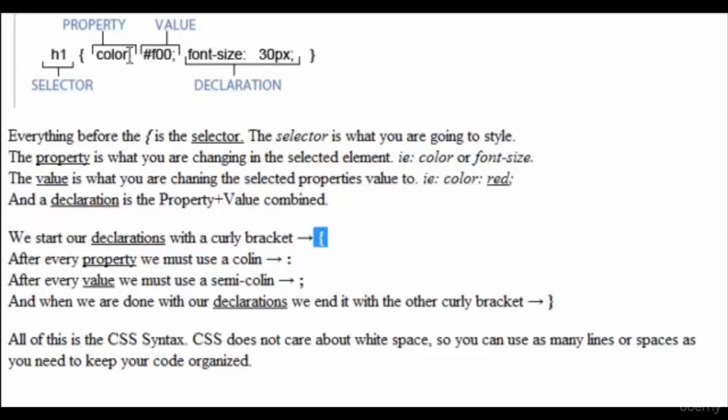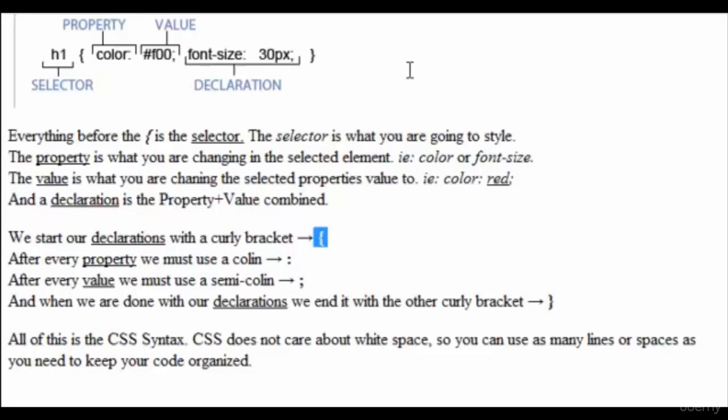I'd also like to let you know that the space between your colon and your value does not matter. So if there's no space right here, you see where my mouse is, that doesn't really matter. Doesn't matter if there's a space here, or this big one here, or one here. And that's because CSS doesn't care about the white space. You can have 100 spaces between your property and your value. You can have 100 lines between the different styles that you have. You can have one line, you have no lines, you can have no spaces.